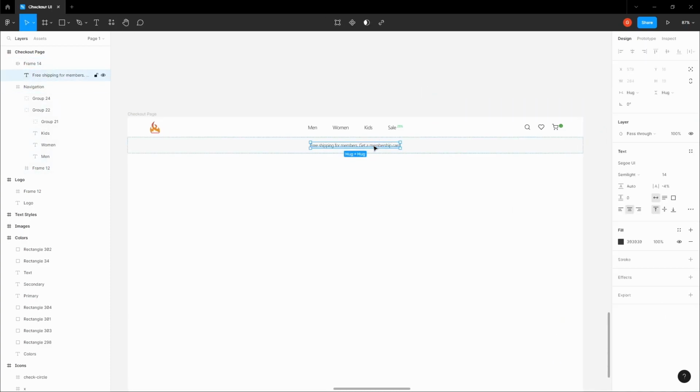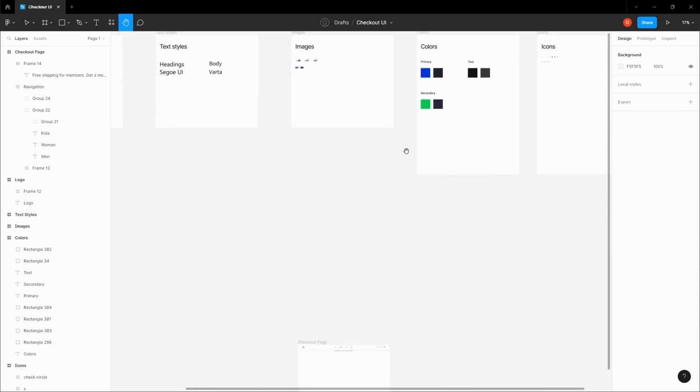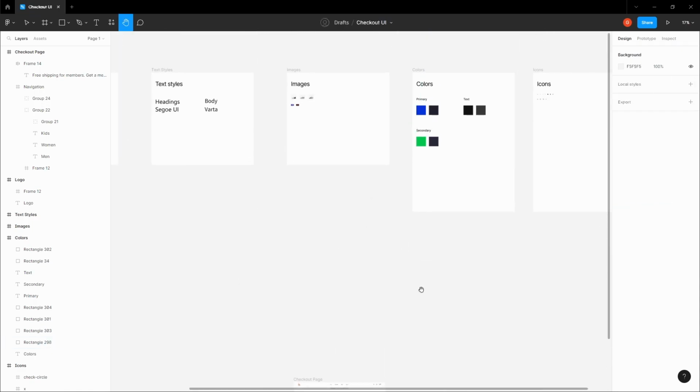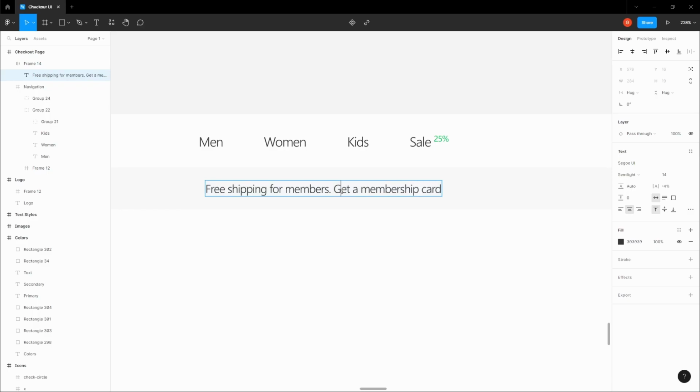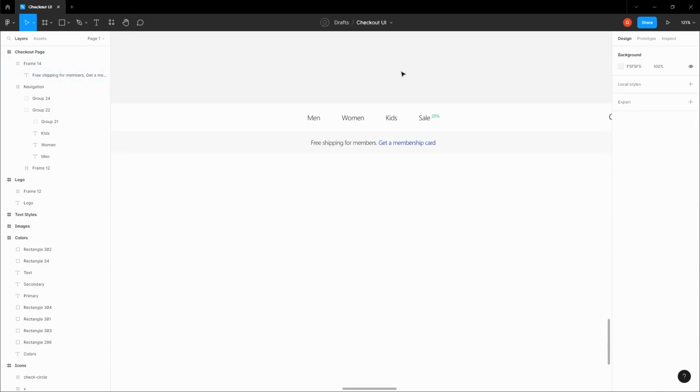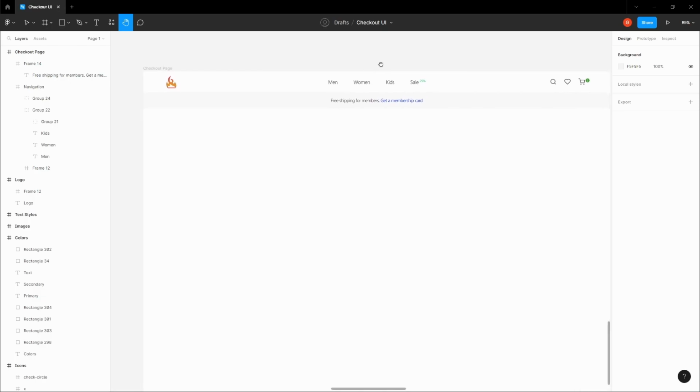There we go. Okay, let's copy the blue color, or blue primary color here, and just apply it to this text here. There we go. We can remove the auto layout. You don't have to have auto layout on it. Okay, looking good. Okay, now we're going to be creating our card elements, our card title, card description paragraph, and